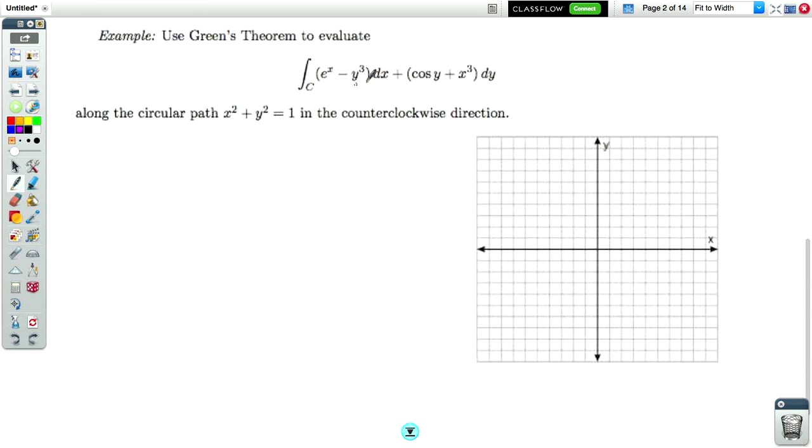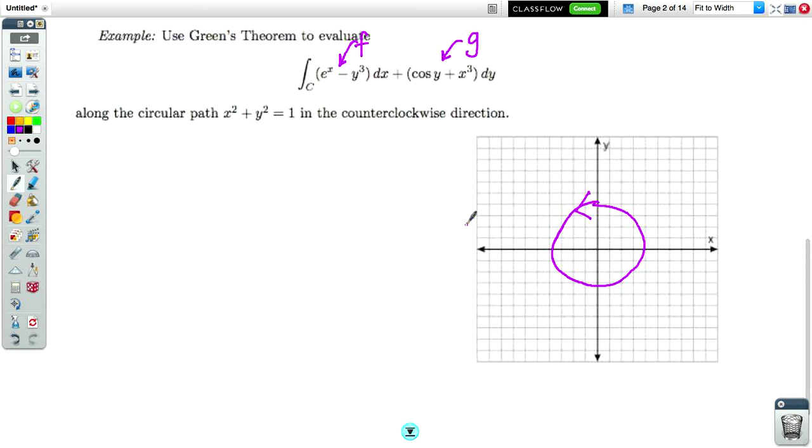Now this integrand is a little bit more complicated, but again, I have some function, which I'll call f, that I am integrating with respect to x, and I have the second function g that I'm integrating with respect to y. And I'm going to integrate this around a circular path, oriented counterclockwise. x squared plus y squared equals 1, so let's imagine that that's a perfect circle of radius 1 centered at